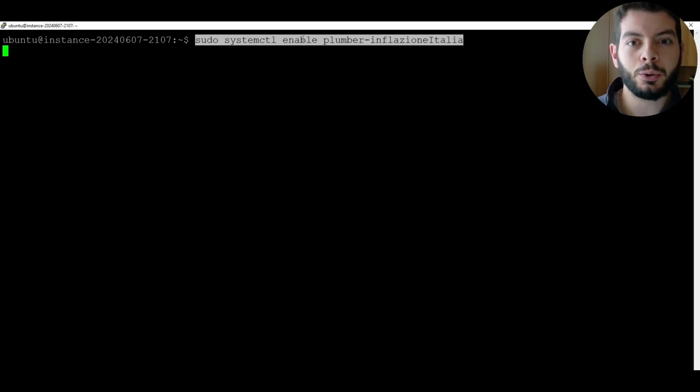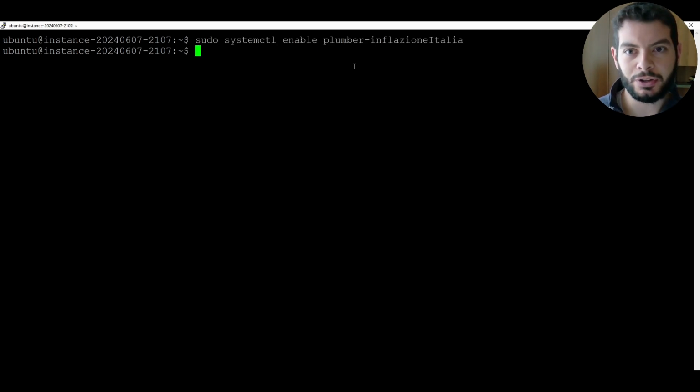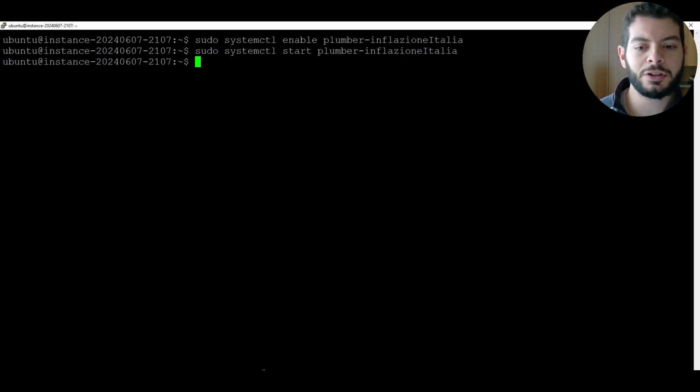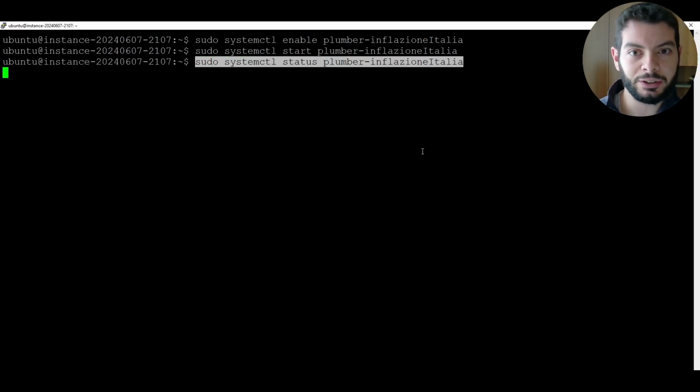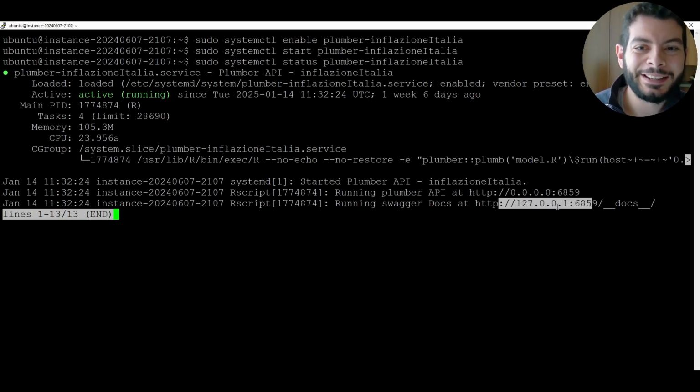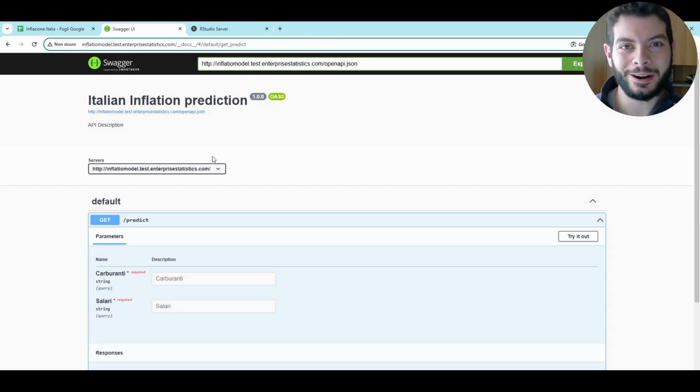Then we have this, where you notice the text enable. If we launch this, of course, there is no actual response because it is already active. And notice that enable and start in Ubuntu mean something different. Again, start gives no response because I have it active, but this instead will give us something as output. You see, it is active and it is running at this URL, and you notice that here I have another URL because that is yet another part of the back end.